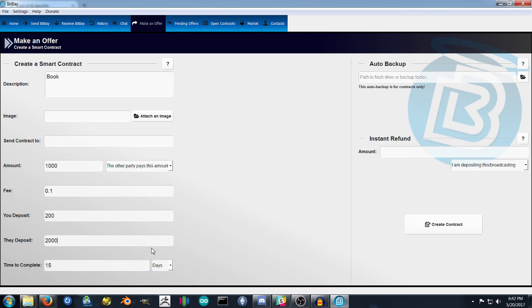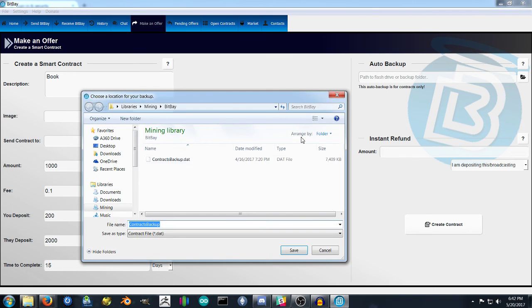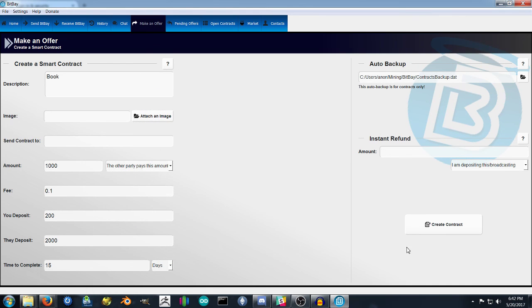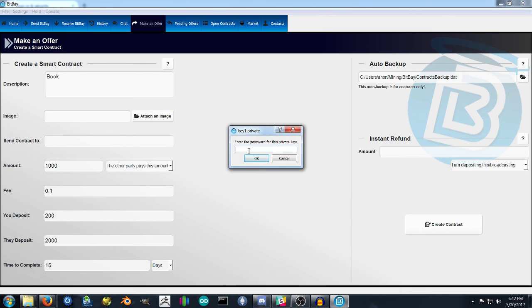And so once you make this contract, let's say, you create the contract, and it'll require you to make an automatic backup. Sure. So create the contract, and now you will have to type in your password in order to actually get your contract up in the marketplace. This will be a test contract for the purpose of the video, but